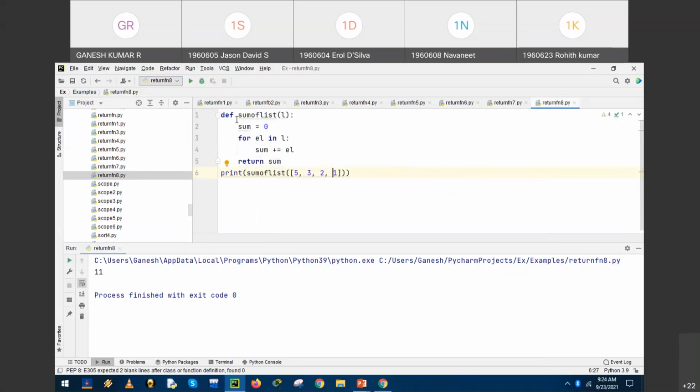So hence, when we are naming the function or variable or an expression, we should be very careful. Okay, so the same function definition and variable name are used, and it is executed because the programming language permits multiple use of the same name, but we may not get the appropriate result.